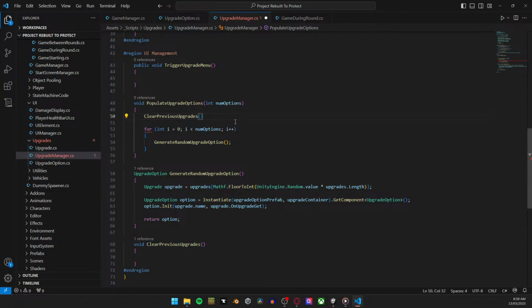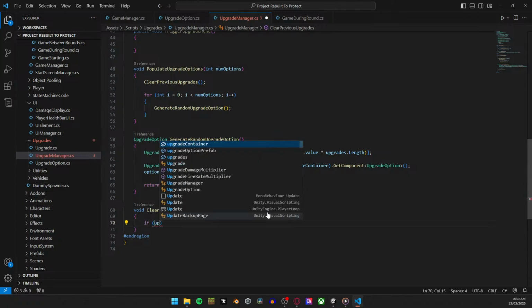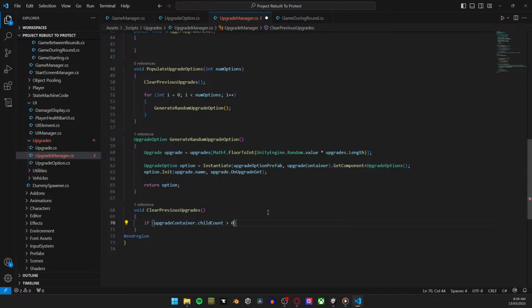So we're going to clear previous upgrades by going to if upgrade container dot child count is more than 0. So if it has anything already in it,